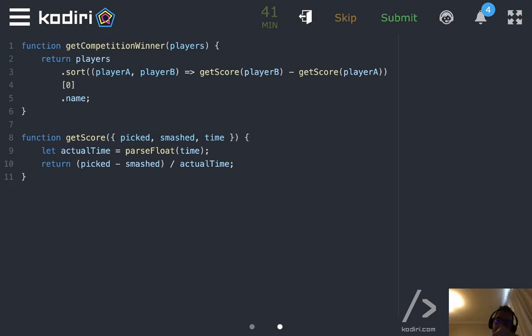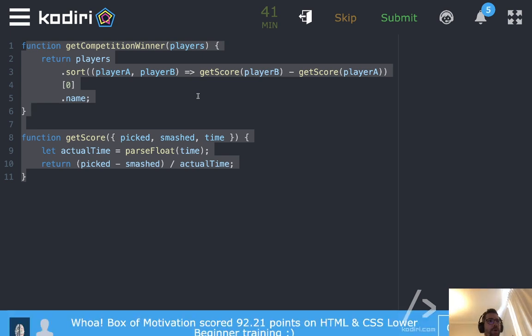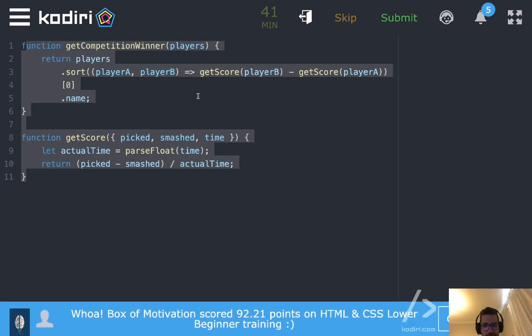Which approach do you prefer and why? This one, where you essentially get the score of every player all the time and you compare by pairs, or the other one where you first of all get the scores and once you've got the scores you just sort the array. Which coding style do you prefer and why?